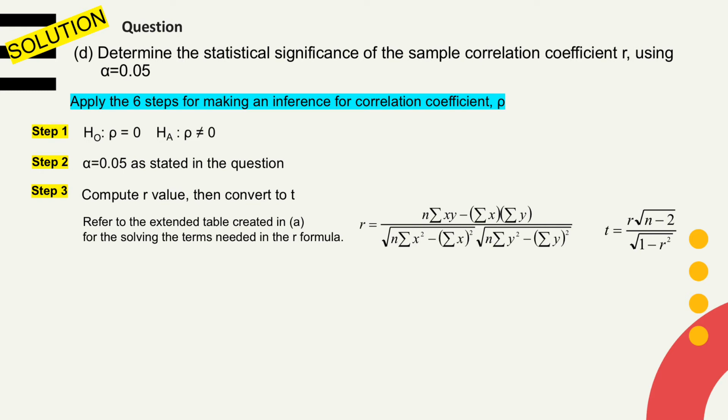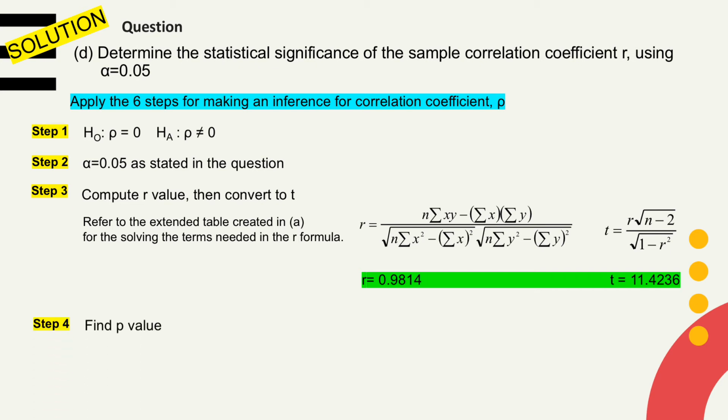And once you get the r value, then you have to use the formula of t here in order to get the t value. In this problem, the r value is solved as 0.9814 and the t value is